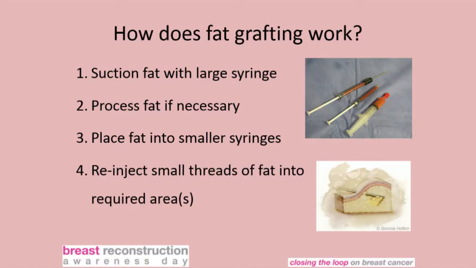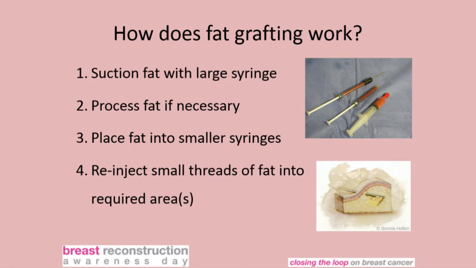Fat grafting basically involves us sucking the fat out with a syringe. There's nothing terribly technical about it, I'm afraid. We process the fat as we need to, and everybody does it a little bit differently, and in honesty it probably doesn't matter. It usually involves some sort of a wash of the fat cells to get rid of any blood. Some people like to spin it down in a centrifuge to try and get a more purified amount of